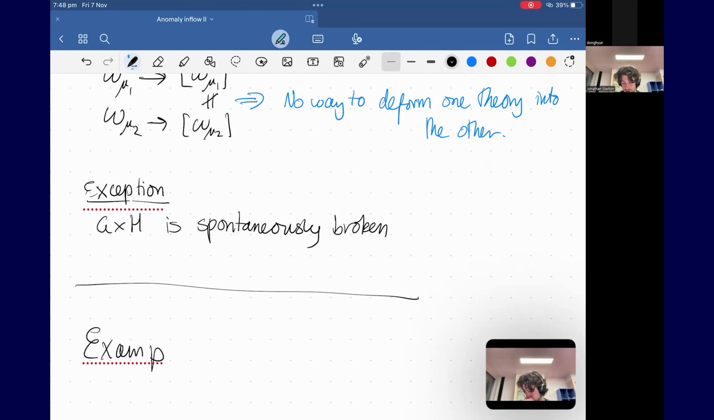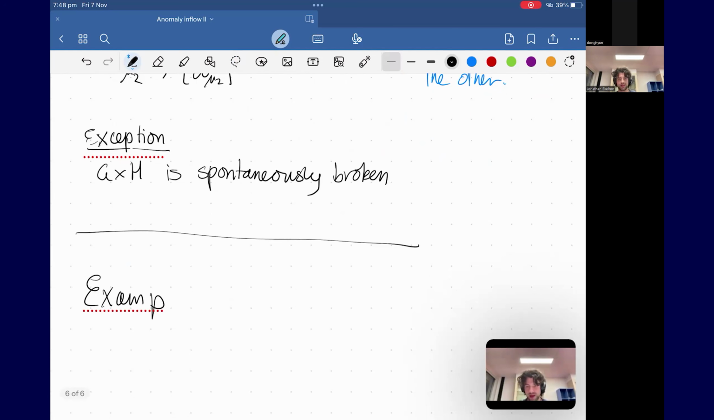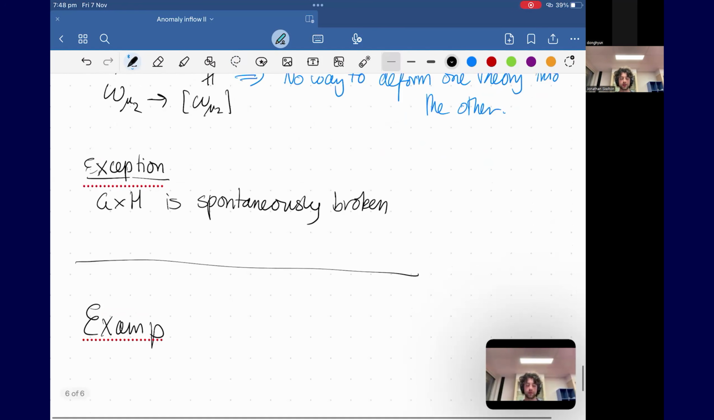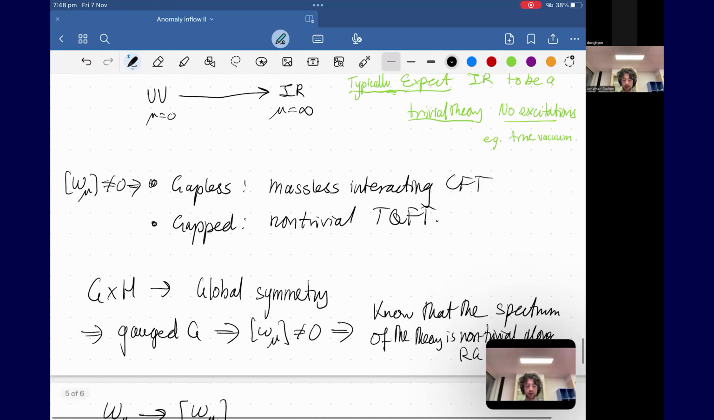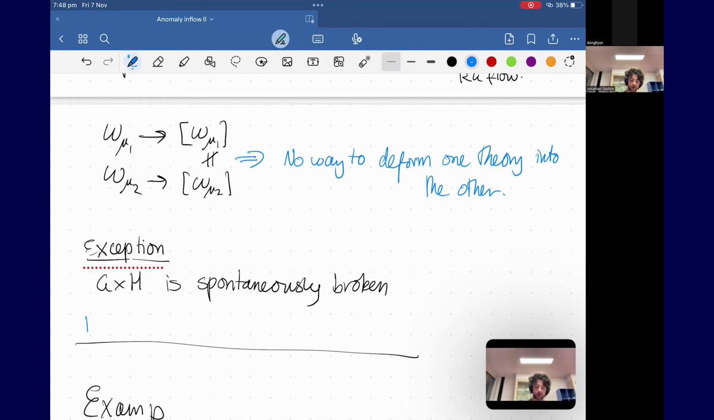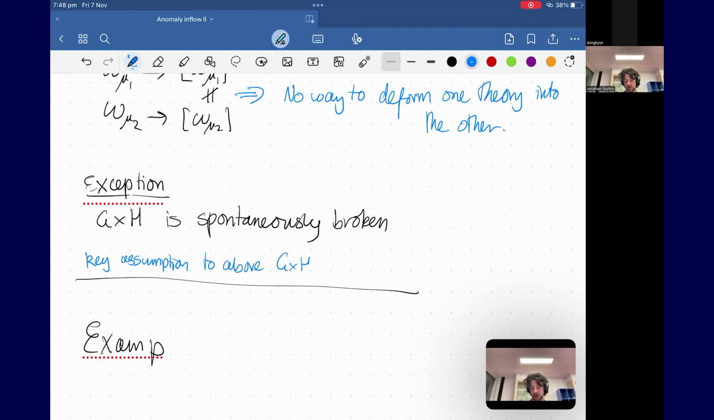Which then, I mean, that's going to give you some Goldstone modes. But yeah, that's the one exception to the whole picture, because in this assumption, the key assumption to above is that the G cross H symmetry group is going to be preserved